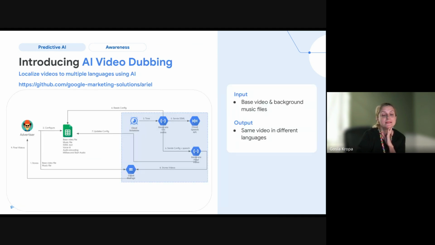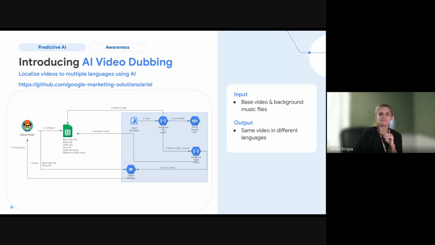And of course, another one, which is quite interesting and probably self-explanatory out of all the code names we've got here, is AI video dubbing. So as a marketer, you're probably wondering how to reach international customers. Translation and dubbing services can be costly, and you're not sure about the ROI here. And is your hunch about that new market's potential real or imagined?